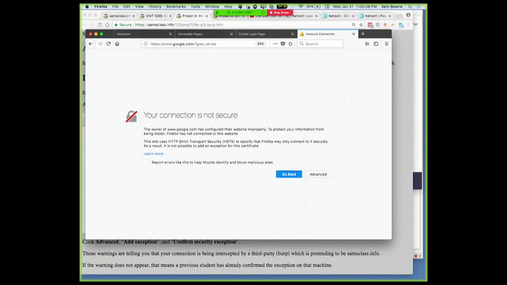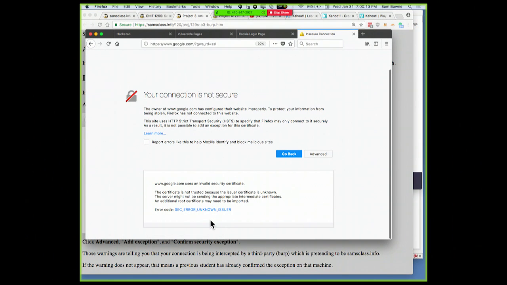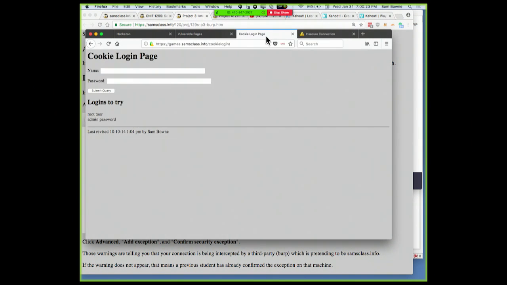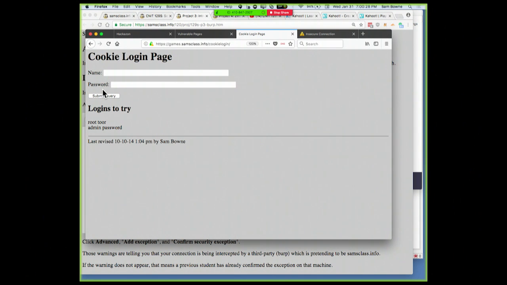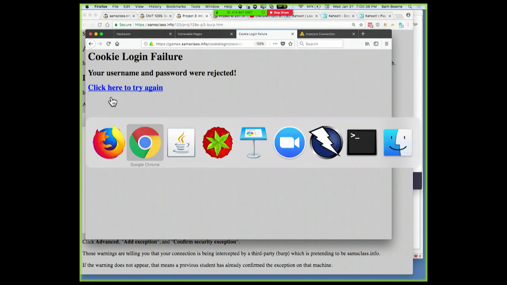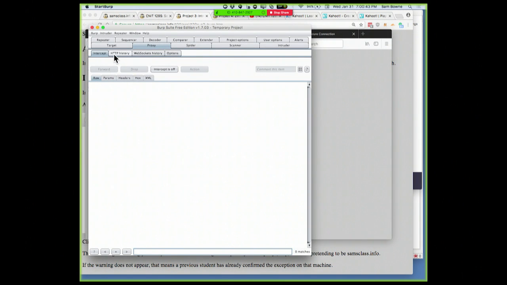So now you can choose to ignore the warning and go ahead with advanced. Usually it has an option to add the exception. It worked for my page, but it doesn't seem to be working for Burp. Anyway, my page, you're able to go advanced and add the exception. So now that if you add the exception, you told your browser to trust that certificate. And now if you put in your name, and a password like password, and submit the query, it will go to the server, and now the server recognizes it's no good,